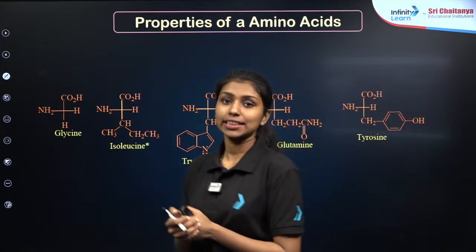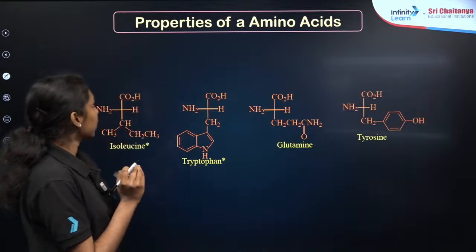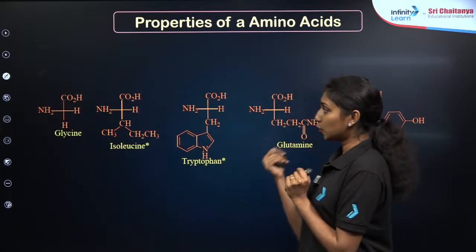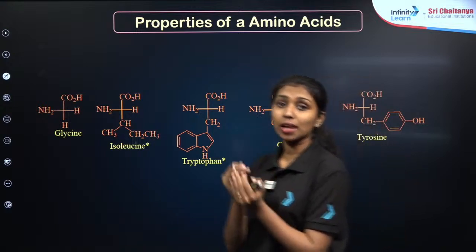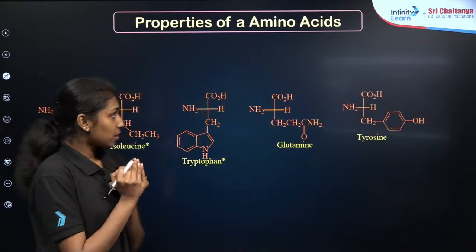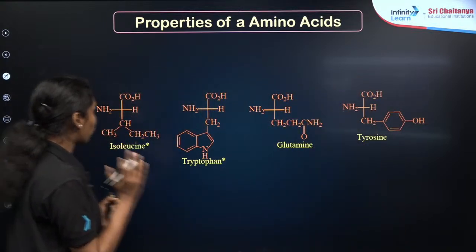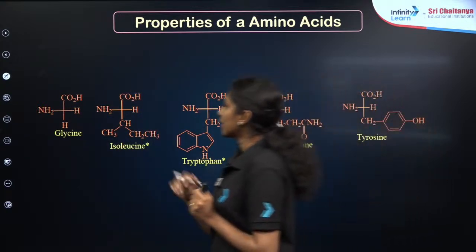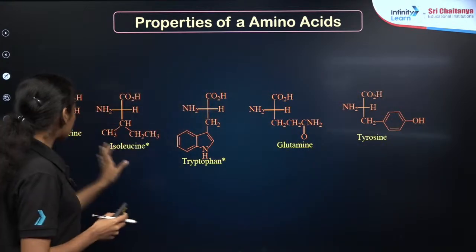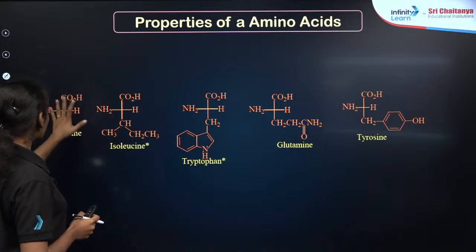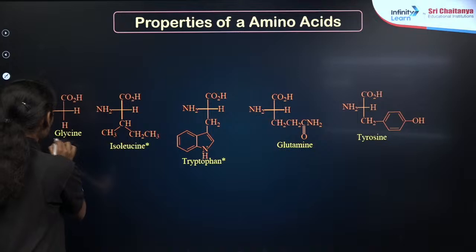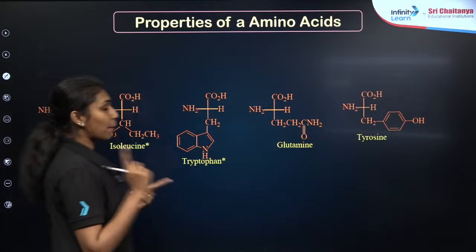Okay, now let us take the structure of amino acids. I have already shared that there are 20 amino acids present. It is better to know the structure of all the amino acids in order to solve the questions. We are starting from glycine. This is the simplest one: NH2, CH2, COOH. This is the Fischer projection formula for the different amino acids. This is the first one, glycine, the simplest amino acid.